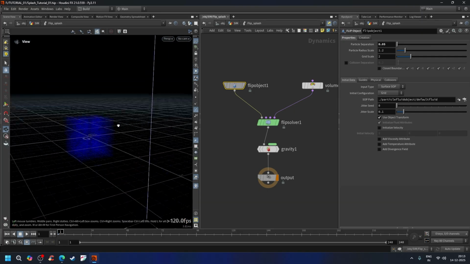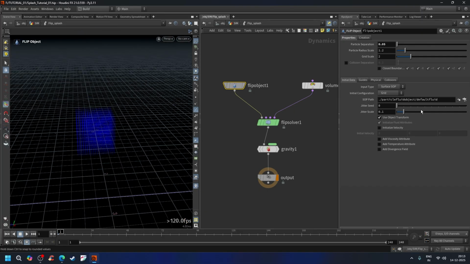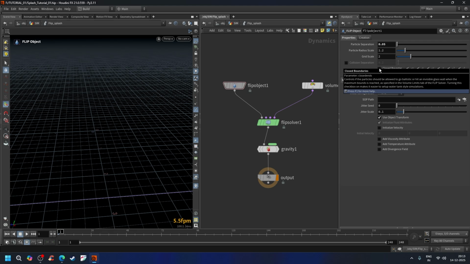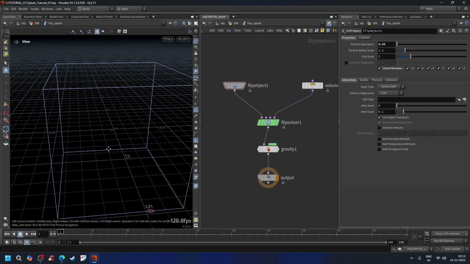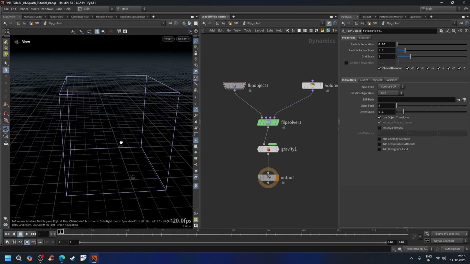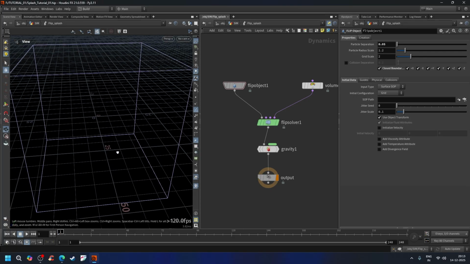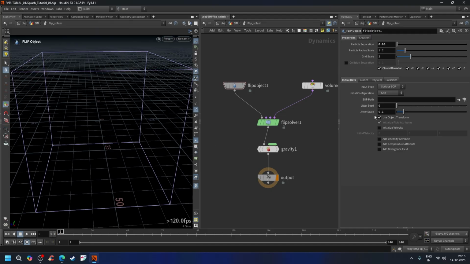Now you can see particle count is increasing, but first of all we need to remove this subpath, make it blank, and in flip object we have to check this close boundaries so our particles will collide with this bounding box and don't go out of this bounding box, and change the jitter sheet to 1. And you can also change grid scale, don't go too high or too low. I will